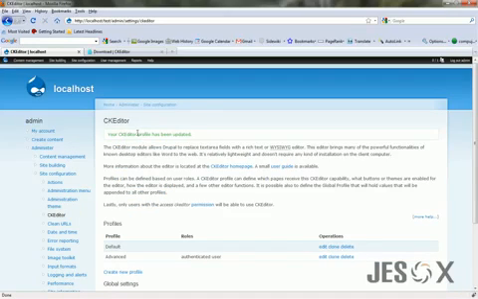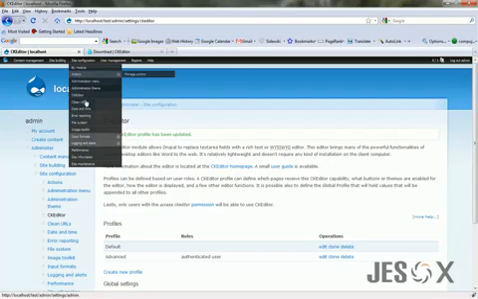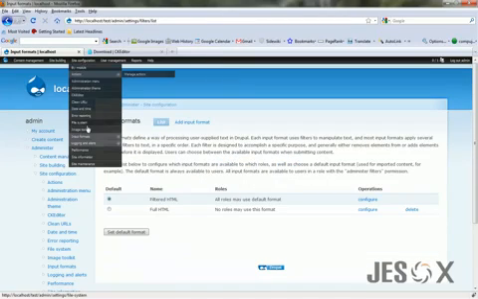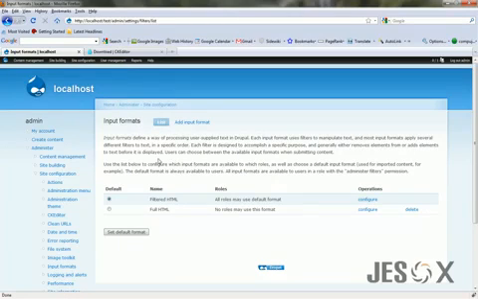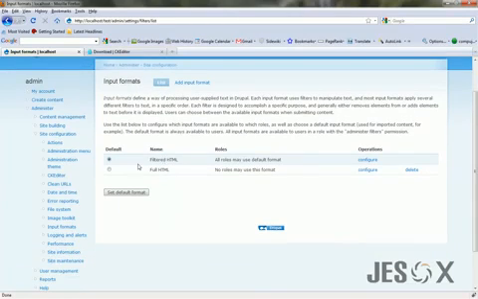The CKEditor outputs several HTML tags, which may not be available in the default filtered HTML format that Drupal enables by default for all users. For example, site configuration, input formats list. You'll find here that these are the input formats. The default input format is the filtered HTML. The filtered HTML, if you click configure,